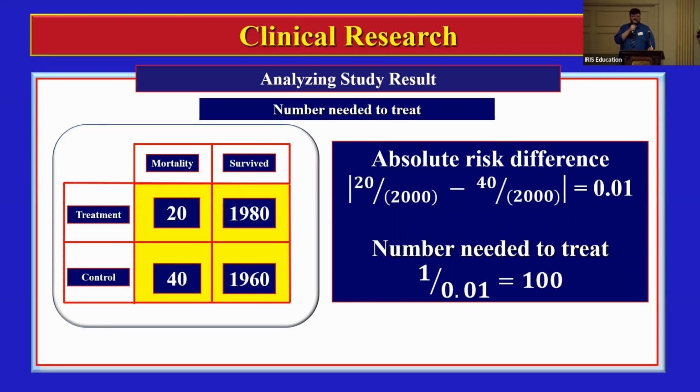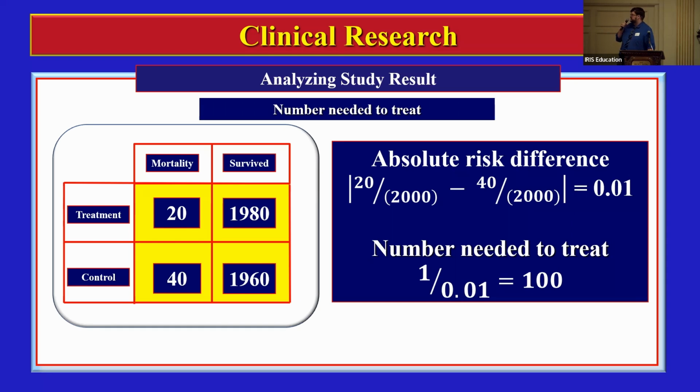However, in the other case where we had a 1% difference in our absolute risk difference, the number needed to treat would be 100 people. So if you put that into perspective, clinically speaking, if you had the choice to treat a patient or not, like let's say that this is a new investigative drug and it costs 20 times the amount of the standard of care, you know, that may be something to consider